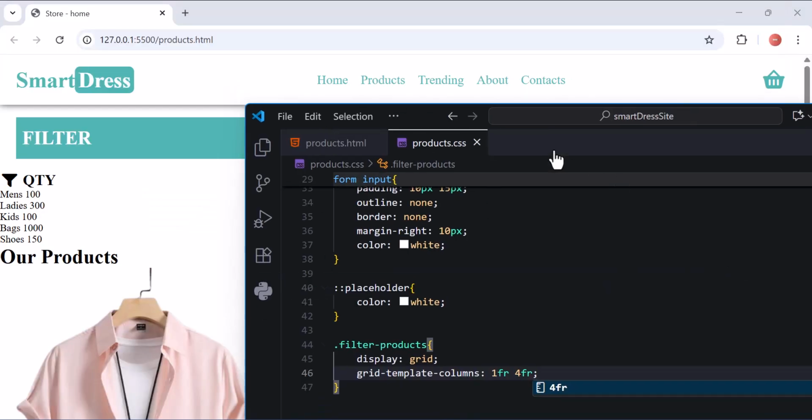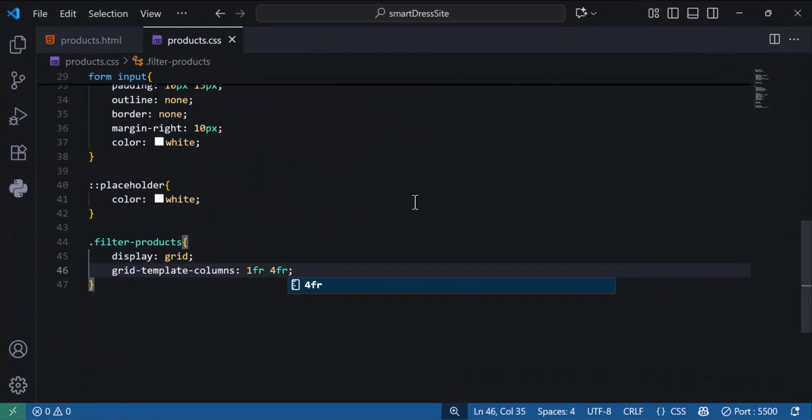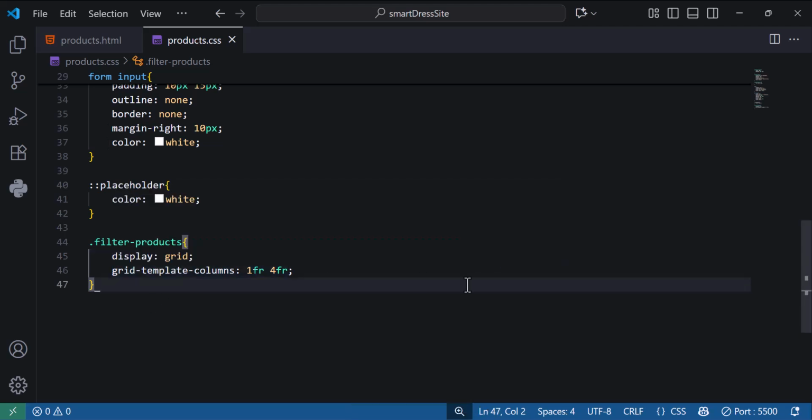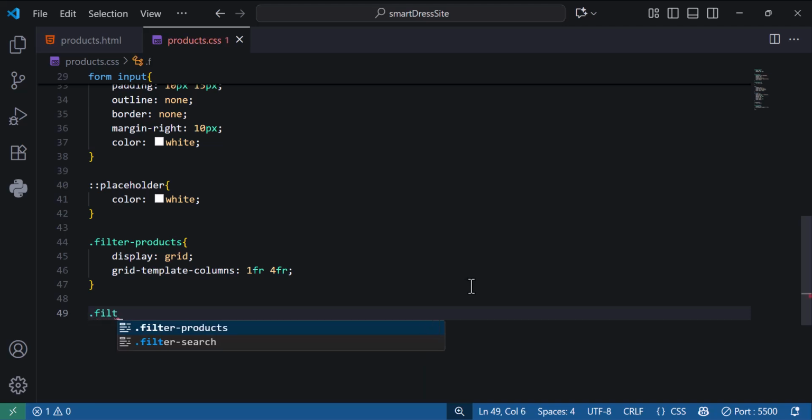So you see what we have. We want them to align vertically, but we want one container to be a little bit small, not even a little bit, but way smaller than the other one. So I want the filtering div, the one with the prices, to be way smaller than the one with the products. So I'm going to say dot filter-box, like that,